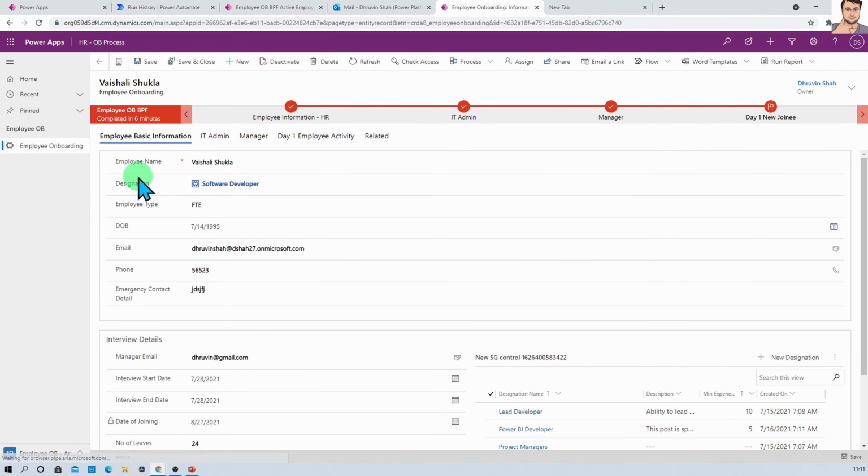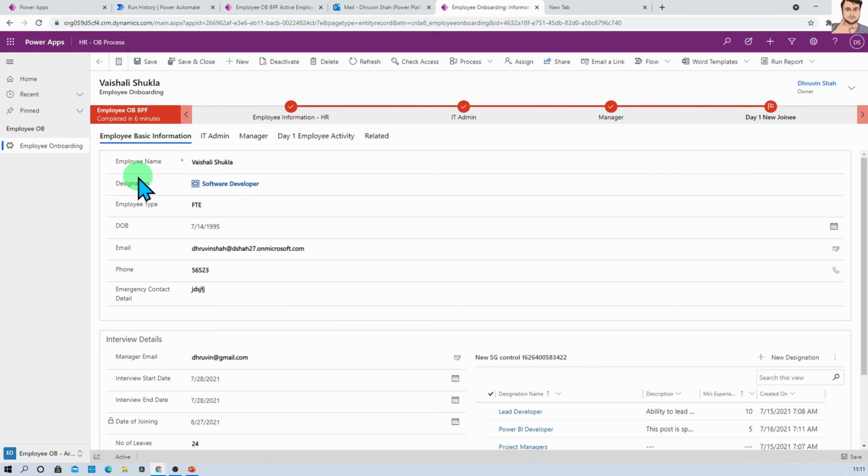So hope now you have got a clear idea on how the entire HR onboarding process we can develop with model driven app with this email notification. Now the only thing pending for this model driven app is that I need to share this app with the other users.